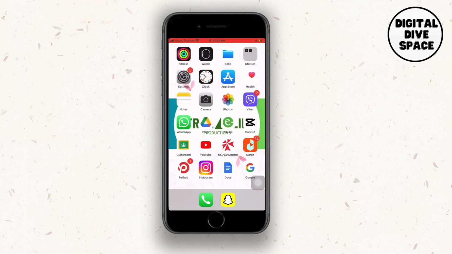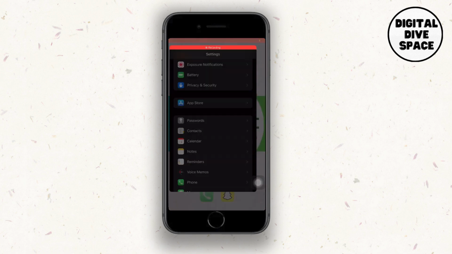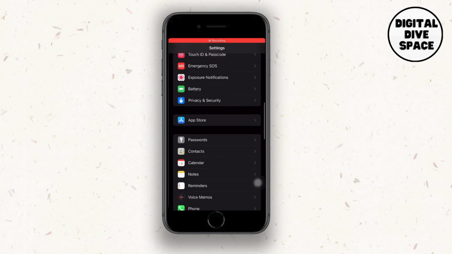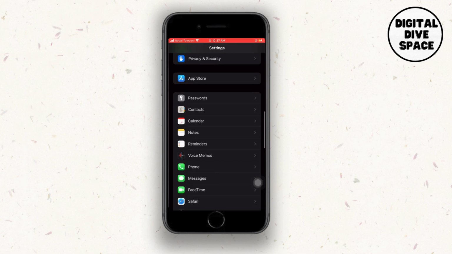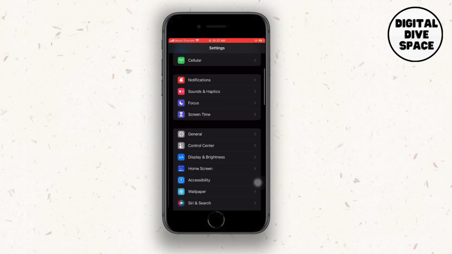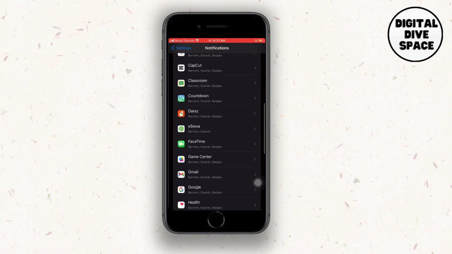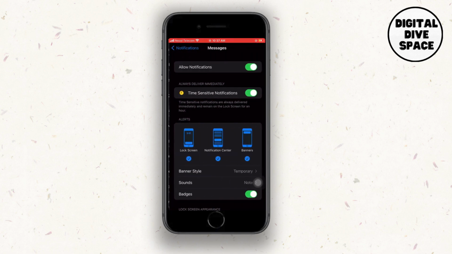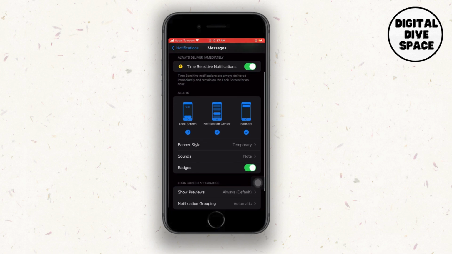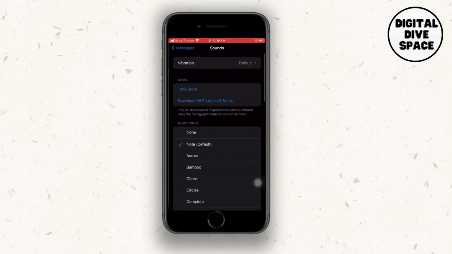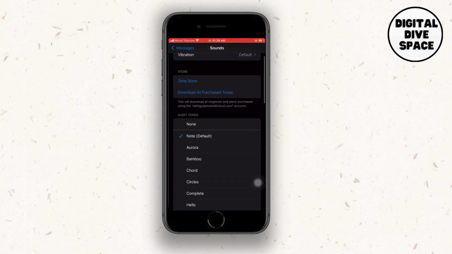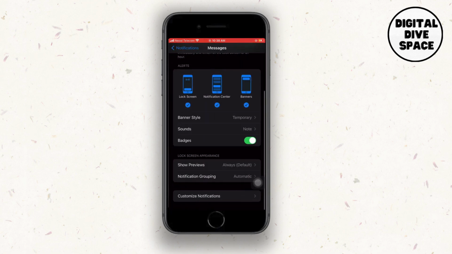Now the next step that you can follow is simply go to the settings and search for notifications section. Once you find the notification section, simply click on it and search for the messages section. Once you find the messages, click on it and make sure that you have toggled on the allow notifications button. Also check the sounds, and you can also set the sound if you are not being able to properly hear